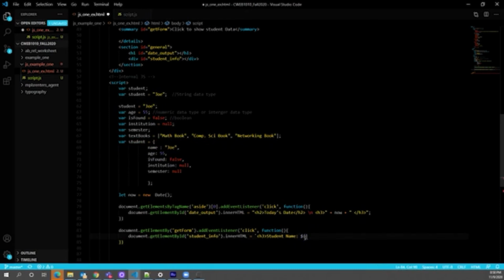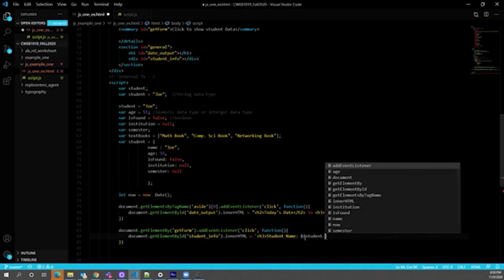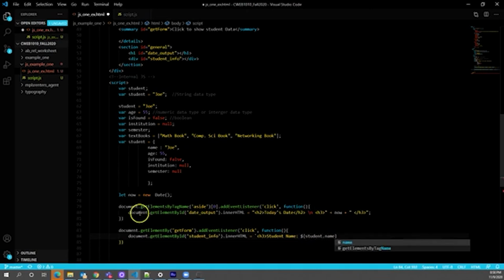And essentially I would call the object name student, right? Dot, and then the property name, which is name. It's kind of very similar to document dot getElementById, right? So we call the object first. In this case, the object is student, and then we call either the property, and we can also have methods associated with the student as well, right? So in this case here, I'm saying student.name, and that's going to output Joe when we go to output this